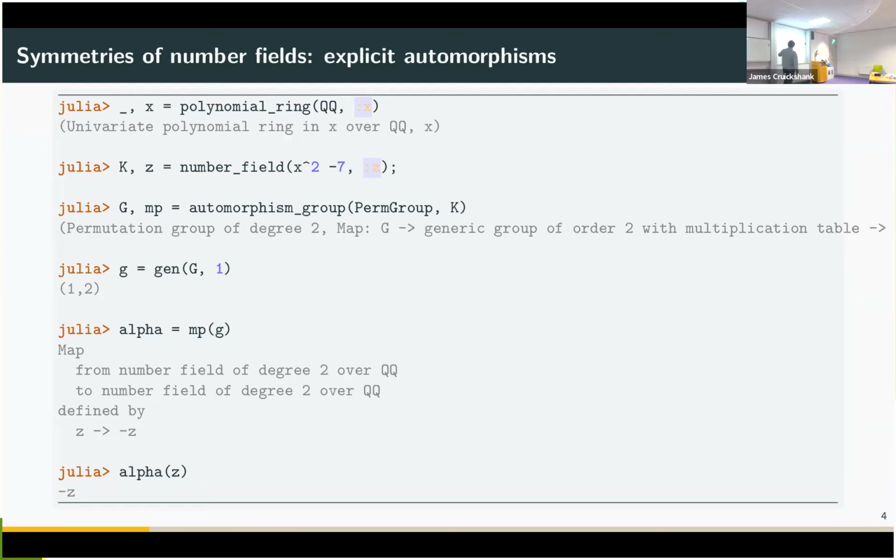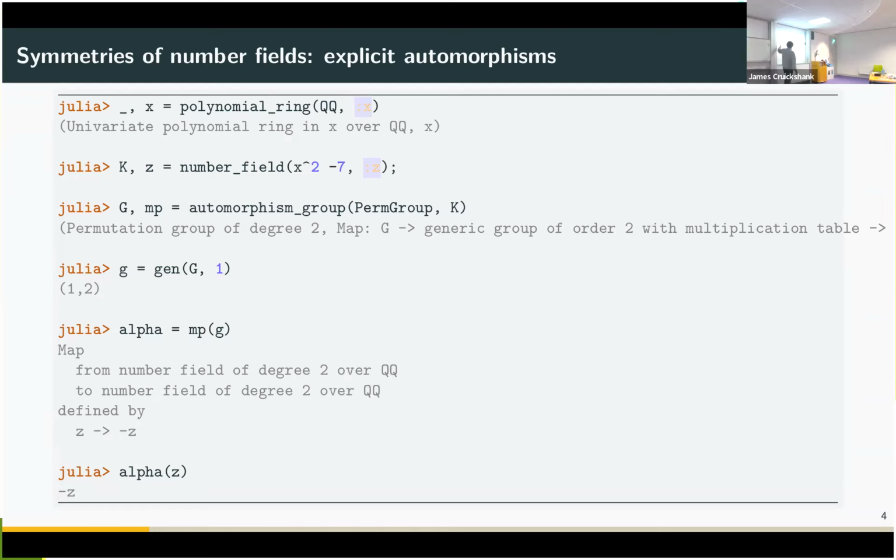Then K is the number field generated by adjoining a root of this polynomial. And then the most explicit thing one can do about symmetries of a number field is work with the field